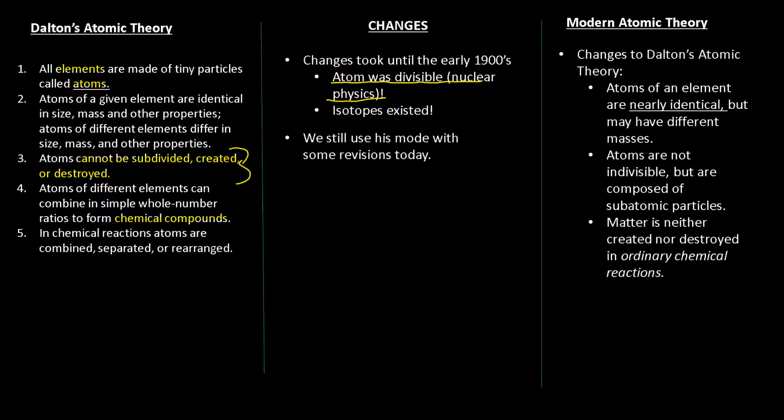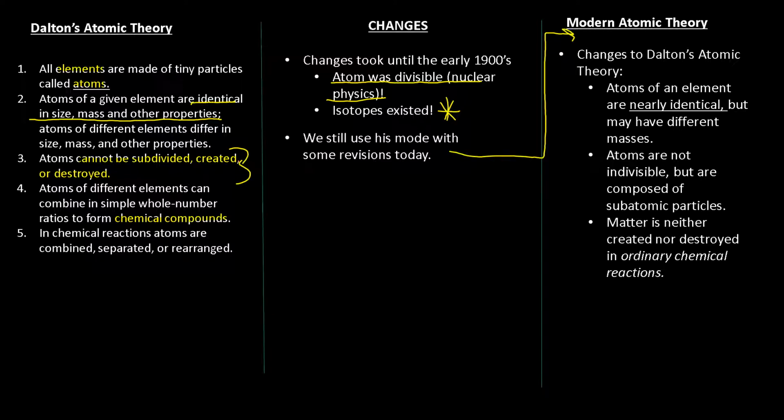He also claimed that atoms were identical in size, mass, and other properties. This is not exactly true because isotopes exist, which are elements that differ in the number of neutrons and therefore have a different mass. So we still use his model with some revisions today,